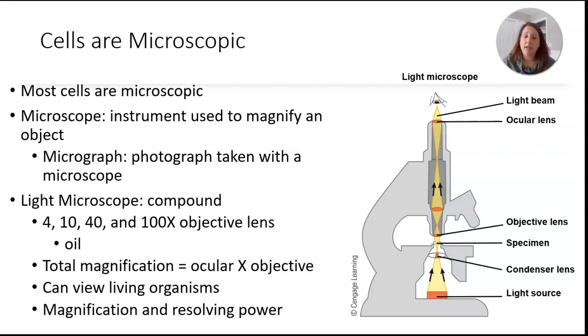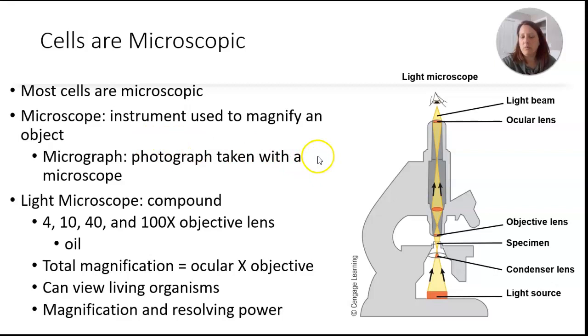Okay, the light microscopes that we have in class, we just look through the eyepiece, although there are some microscopes where you can actually attach a camera and you can end up with a micrograph. And so all the images that I'm showing you in this PowerPoint of actual cells have been taken, a photograph has been taken either on a light microscope or an electron microscope. We end up with a micrograph. That's a photograph taken with a microscope. Okay, and some of those images are beautiful.